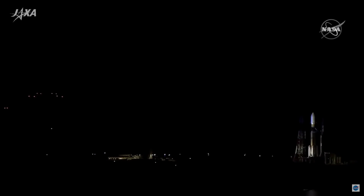We are reporting the H-2B number 9 launch line from the Takesaki Range Control Center. The JAXA 7.5 minutes until launch, everything proceeding on track for the liftoff of the H-2B rocket at 12:31 p.m. Central Time, 2:31 a.m. Japan time on Thursday from the Yoshinobu Launch Complex at the Tanegashima Launch Center in southern